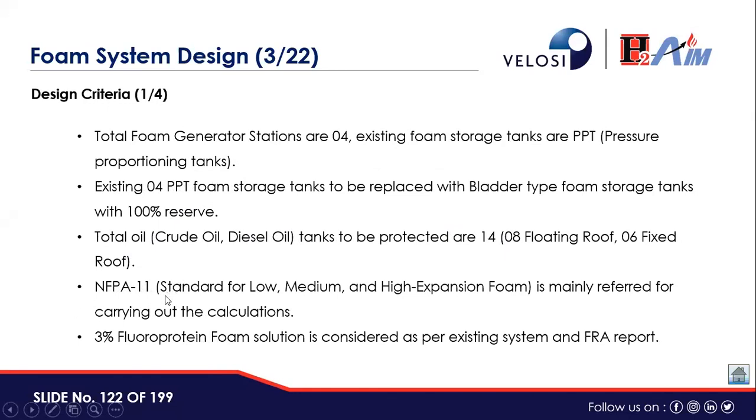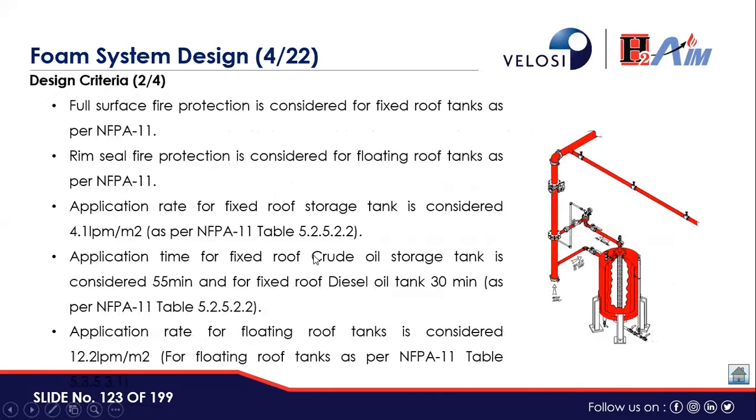NFPA 11, which is for low, medium and high expansion foam, is mainly referred to for carrying out the calculations. 3% fluoroprotein foam solution is considered as per the existing system and as per the findings of the FRA report. Full surface fire protection is considered for fixed roof tanks as per NFPA 11. Rim seal fire protection is considered for floating roof tanks as per NFPA 11. The application rate for the fixed roof storage tank is considered as 4.1 LPM per square meter as per NFPA 11 table